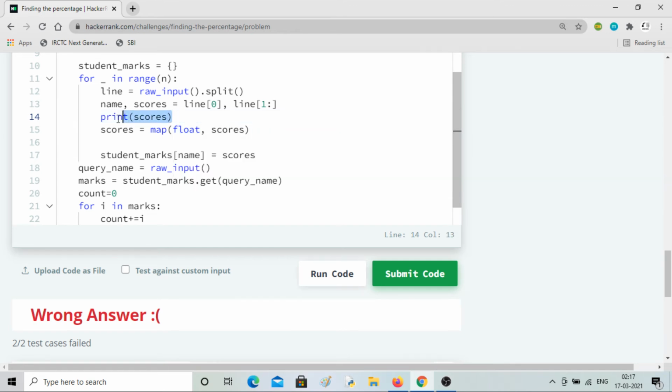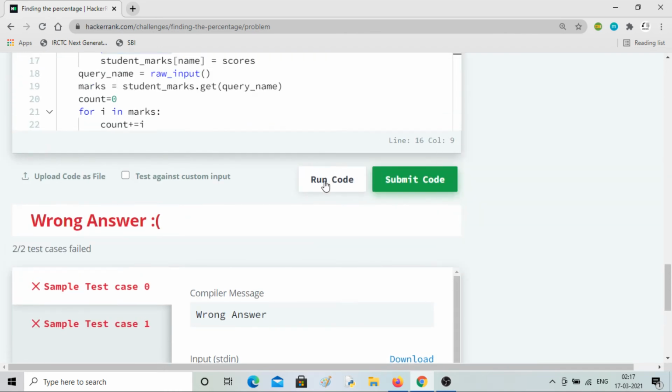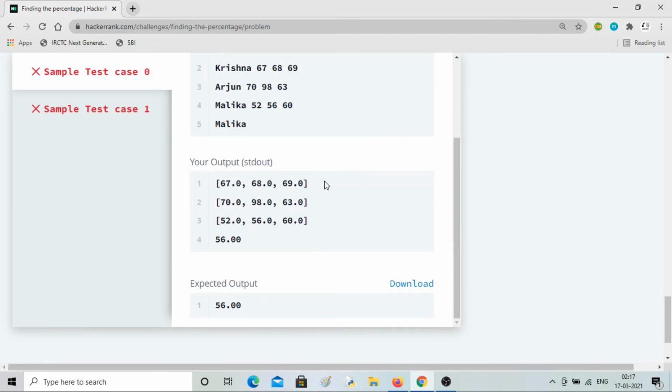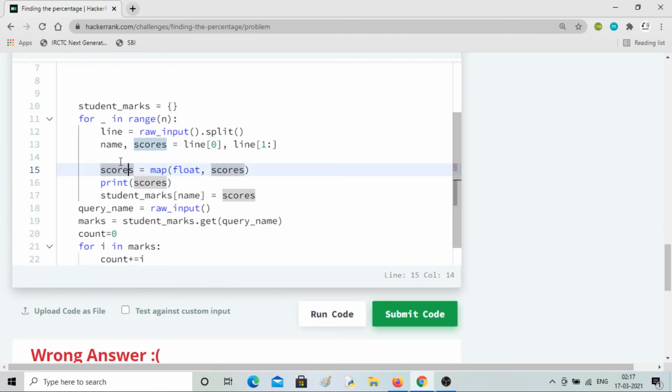How does it look? One minute, let me check. So here it is the same, and here also it looks the same. Okay, so what I'll do is put a for loop and the condition here itself.